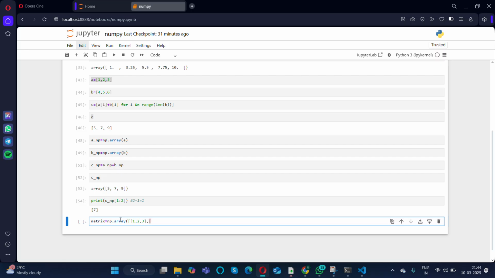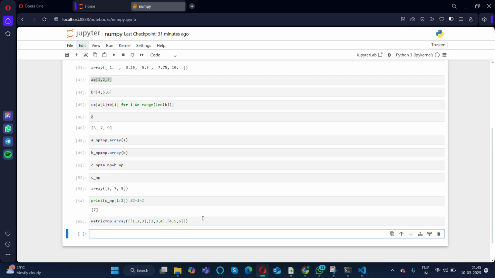If we need 3 or 4 rows, we need to separate them, 2 comma 3 comma 4. Let me take a 3-dimensional array, that will be good, and 4 comma 5 comma 6. Close it. Then